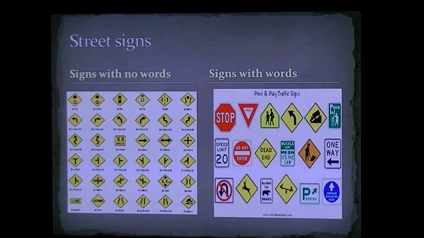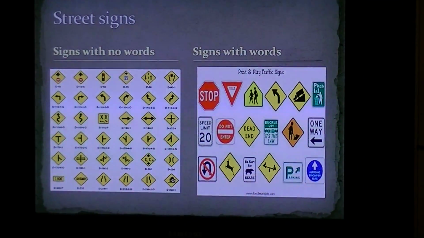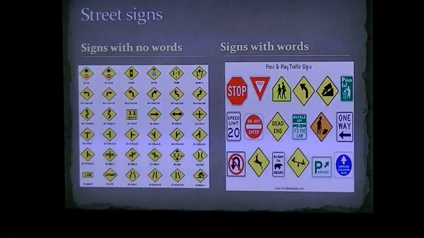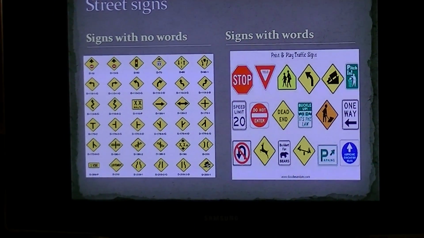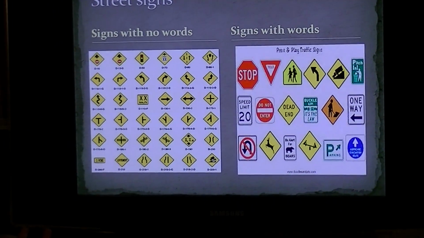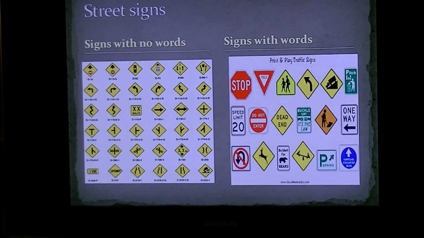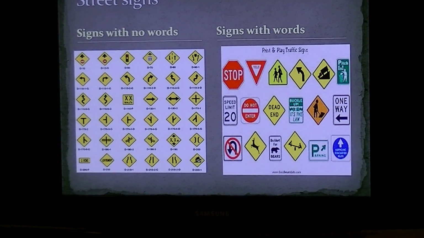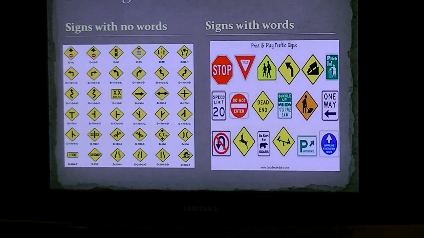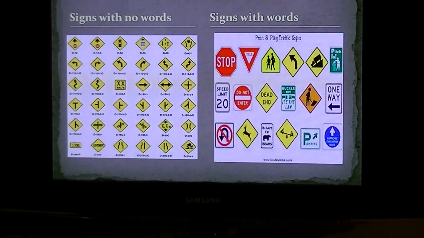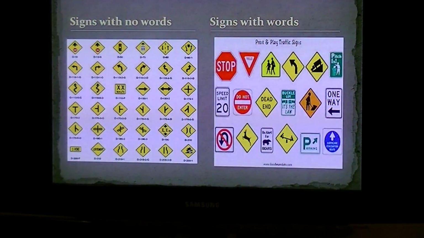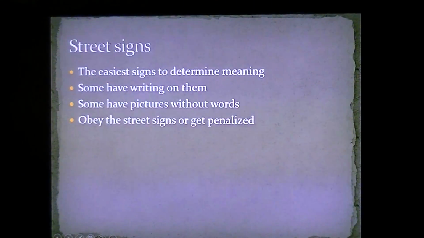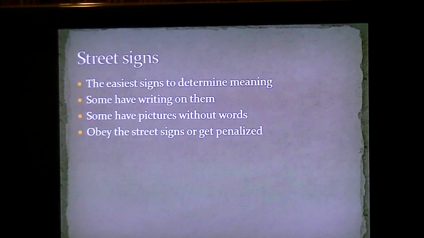All right, so street signs. This is something that we live with every day. If you drive a car, you're going to see these every day. Perfect way to see semiotics in action. You have some street signs that don't have words on them, but you know what they mean. So you can interpret them on your own. You've got left turn, right turn, stops, do not enter, speed limit signs. Like, those are self-explanatory. You can tell what's going to be happening. If there's a deer crossing or railroad tracks coming up, you know that by the signs that are there.